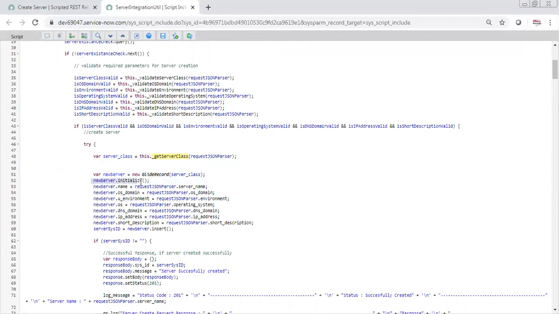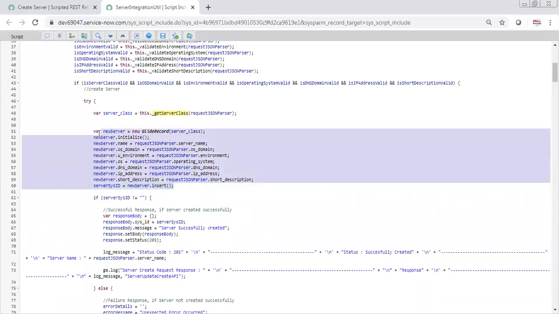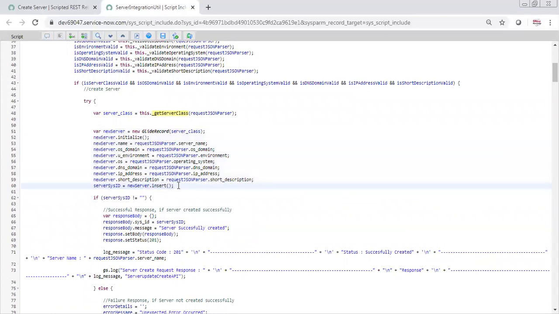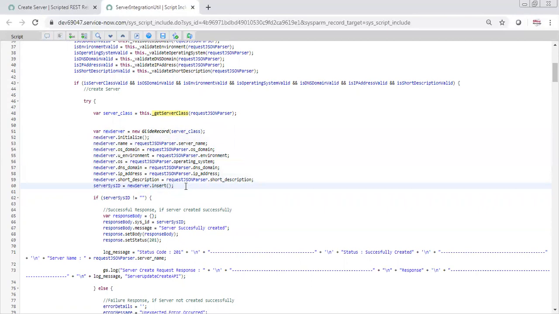And then if you remember, this is how we insert a record in a table. So ultimately, after doing all this, we landed on inserting a record through glide record. That's why we studied glide record first, because you need to use glide record to insert the record. As I said, when you do the insert, it returns the SysID of the inserted record. So let's say even if everything was valid, but still there was an error somehow at the ServiceNow end, that means the record is not going to be inserted.